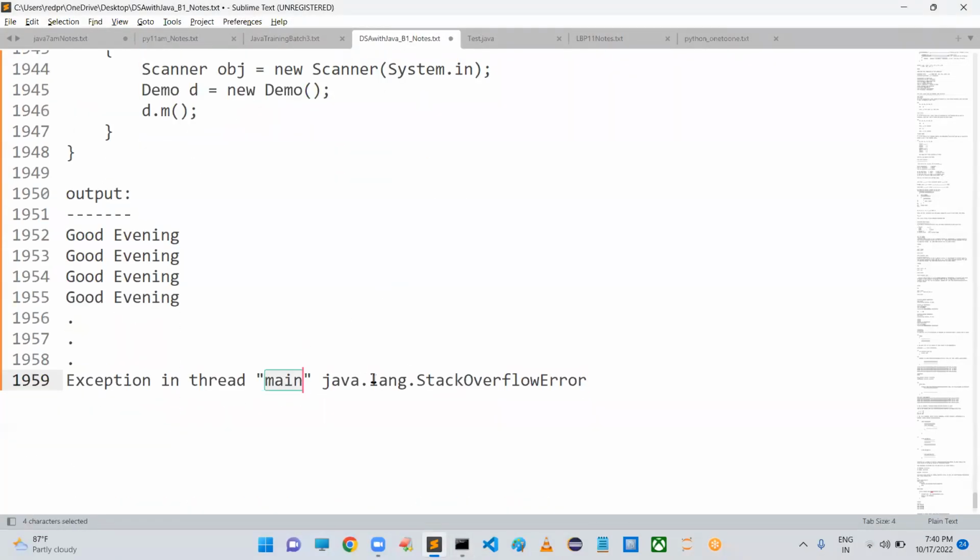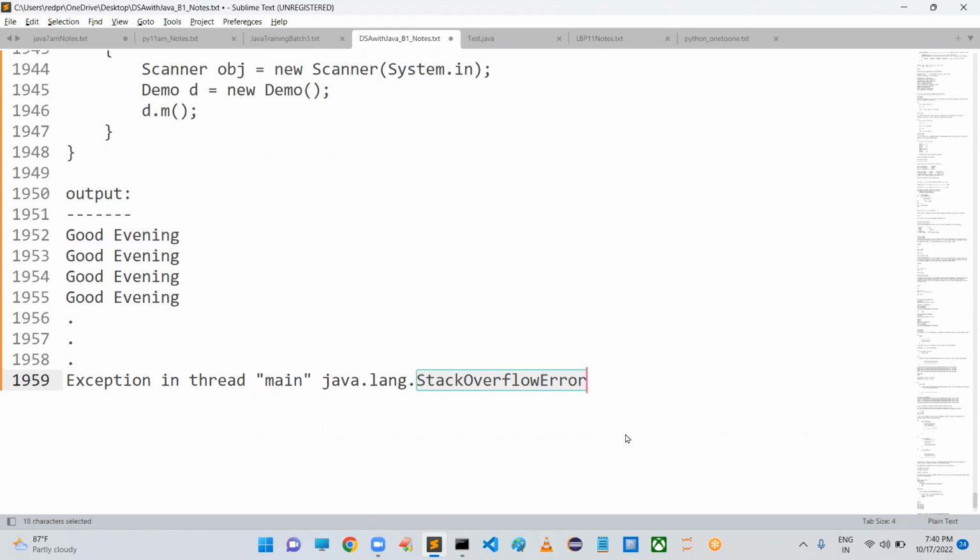Exception in main thread. What is that exception, sir? Java.lang.StackOverflowError. So Java people defined the StackOverflowError exception, a runtime error, because you can't give a guarantee. Suppose you want to write a program that recursively works maximum 10 times, no problem. 20 times, you can work. 100 times, you can work. Sir, for 1000 times, we have to think whether it is going to provide support or not. Because at the language level, they keep only some buffer, that's all.